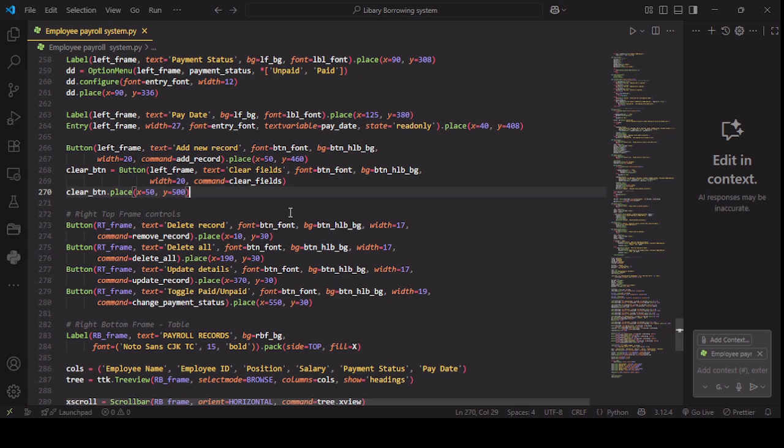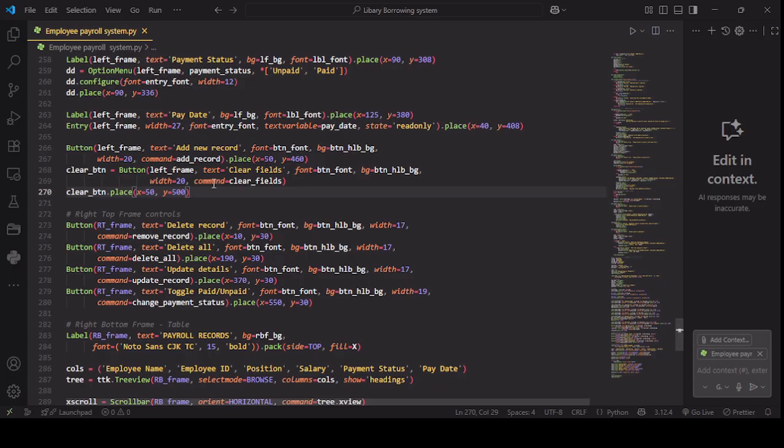It will have an add record button with the text as add new record, then its button font, and its BG color as button HLB BG, and then width as 20, and command as the add record function that we defined above in the helpers part, and then placed at x equal to 50 and y as 460,